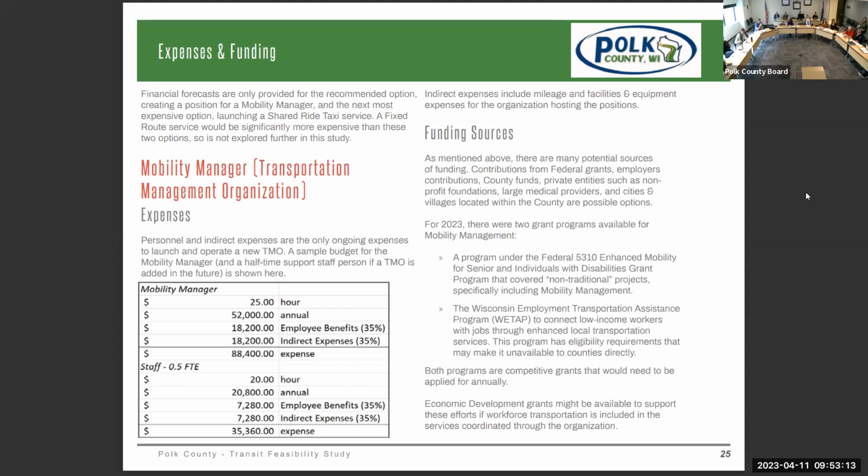And so the office person has to have access to a vehicle, but you don't want to have a vehicle just dedicated to that person, office supplies, just all of those indirect expenses theoretically would come back to this program. And so they're included there. If you were to fill it out to an actual TMO at some point in time, it would require at least another half-time equivalent. And so there are the expenses for that second person.